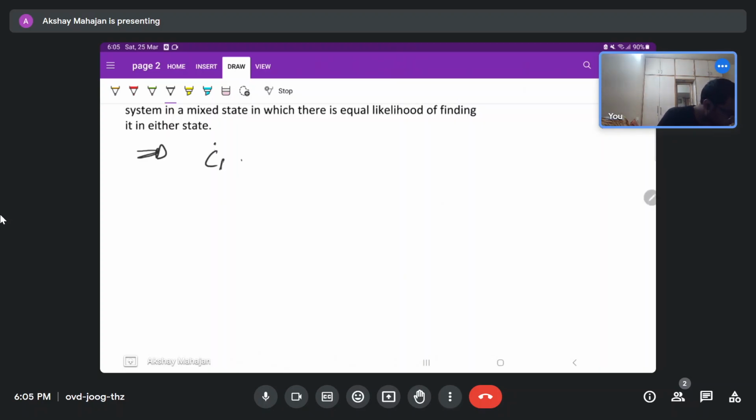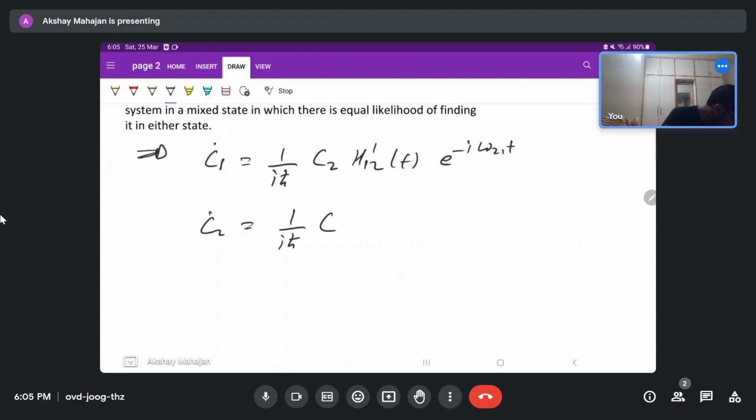equations: C1 dot equals 1 upon iota h cross times C2 times H12 prime of t, this being the matrix for our perturbation, times e to the power minus iota omega 21 t, and then C2 dot equals 1 upon iota h cross times C1 times H21 prime of t times e to the power iota omega 21 t. Okay, you can check the lecture notes, and you can see that these equations were derived if we just consider the two states